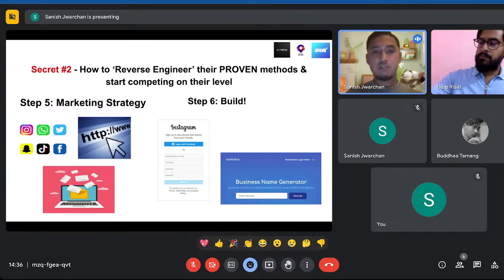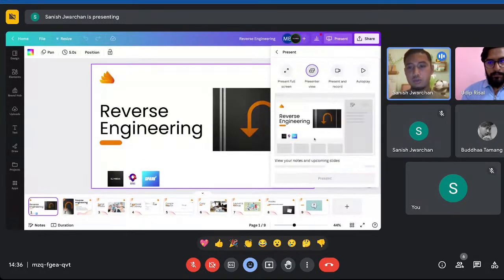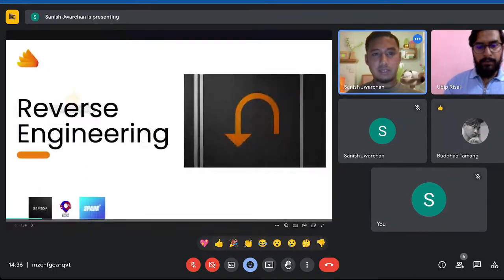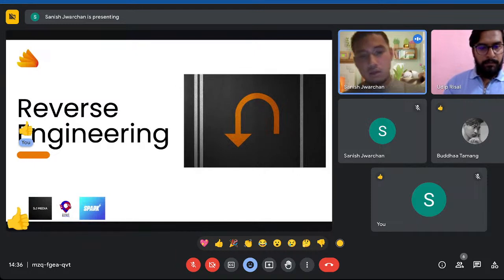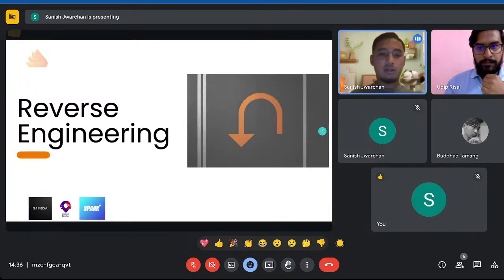So I'll share another tab. Can you still see this? Everyone can see it, right? Yep. Perfect. So reverse engineering, once again, in short, a medium definition: